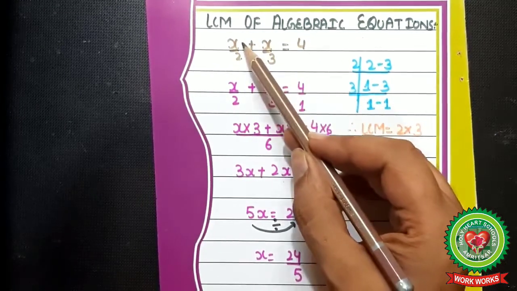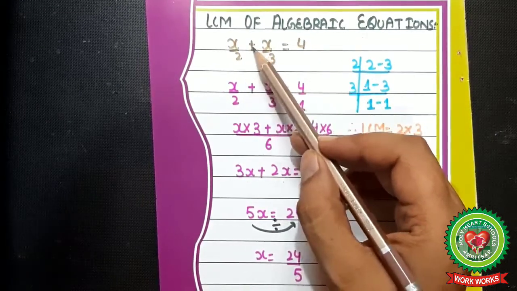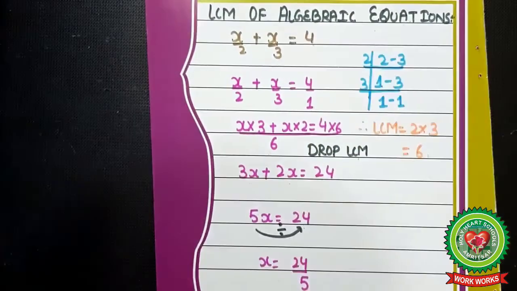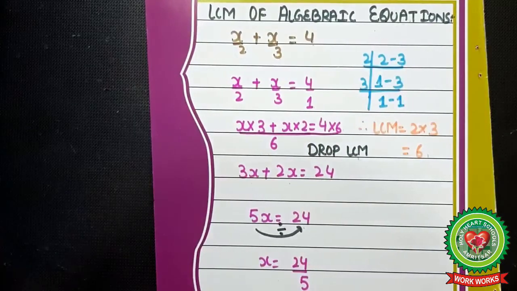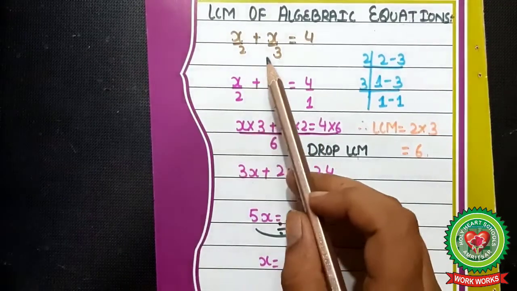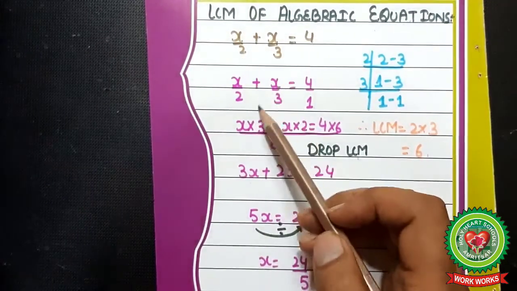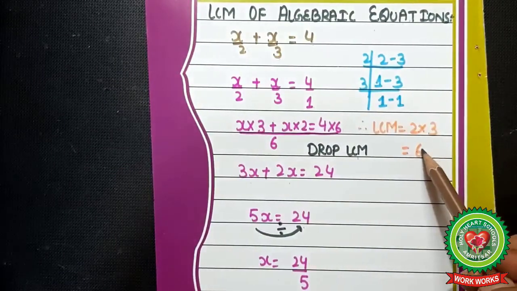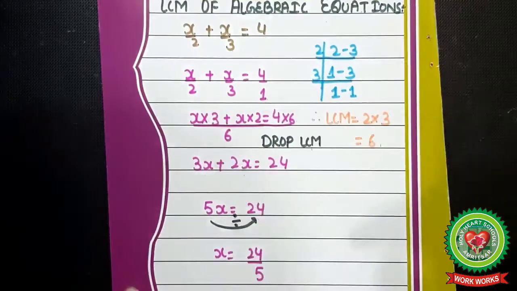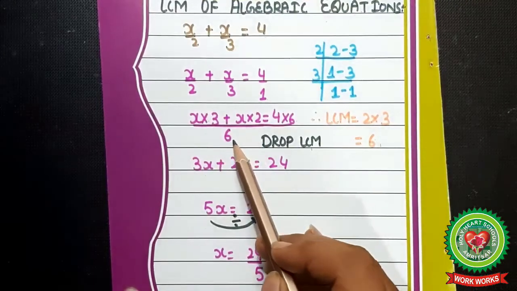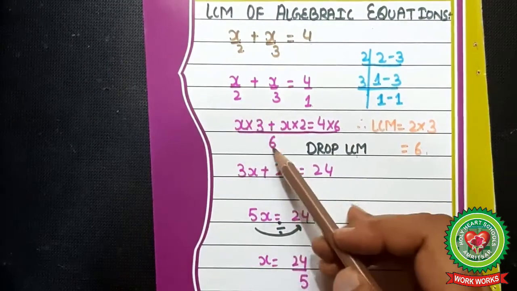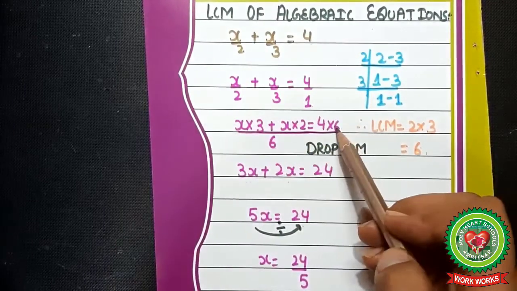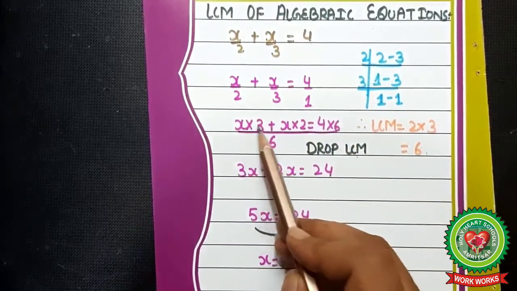Here the statement I have taken is x upon 2 plus x upon 3 is equal to 4. Students, here also we will take LCM of denominators, that are 2 and 3. So LCM of 2 and 3 is equal to 6. Now start taking LCM. So write here upon 6. So 2 3s are 6, 3 2s are 6 and 1 6 is 6. So write here and do the multiplication.